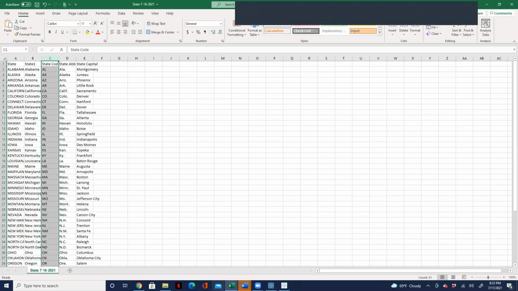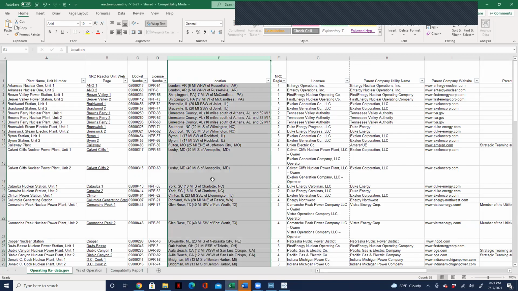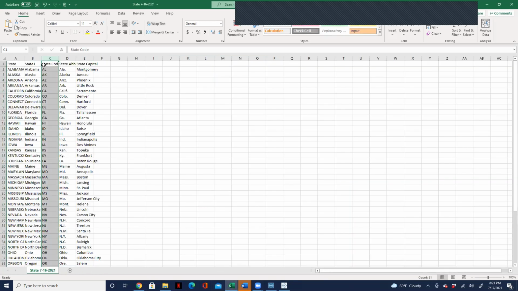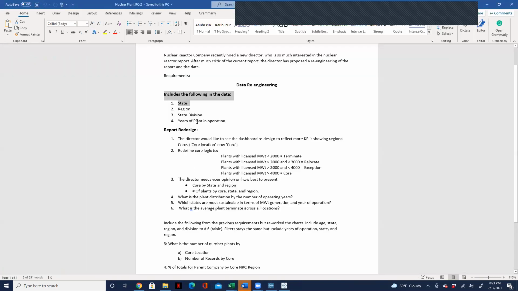Since we only have this state code embedded in this location, if we split this like we did yesterday, we can use this state code to bring in the state from this state file here, because the director wants to see the states.